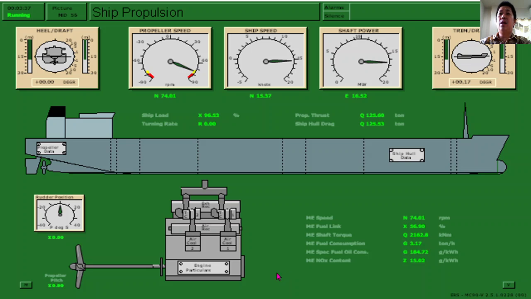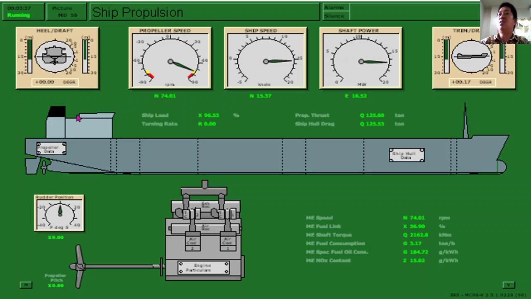So we have here the general profile of the ship. Ship propulsion. As you can see here, there is a propeller and there's an engine. The engine is located here inside the engine room, and this propeller shaft is installed all the way there. This is the propeller, and this is your rudder. So this is your whole ship.